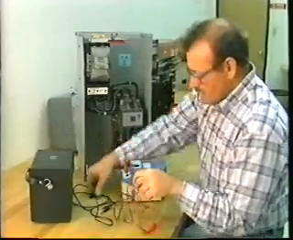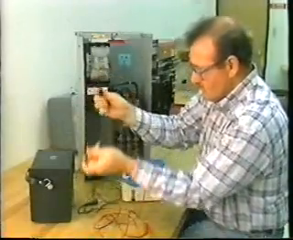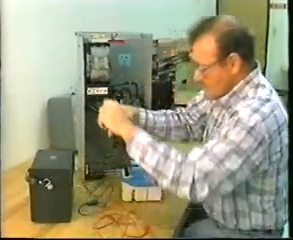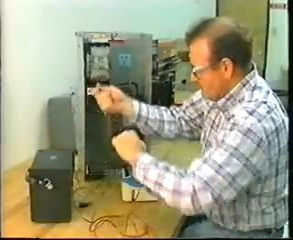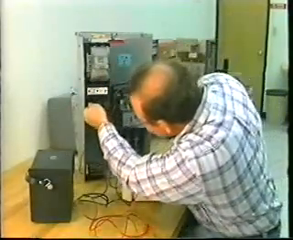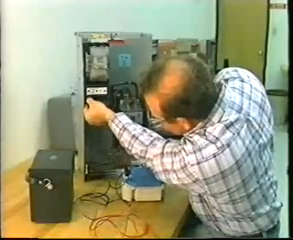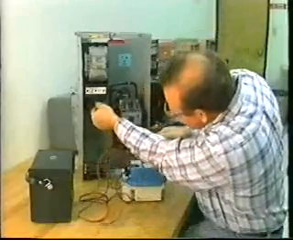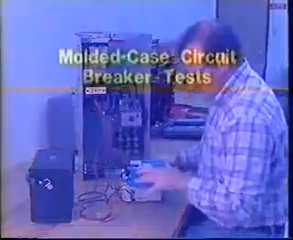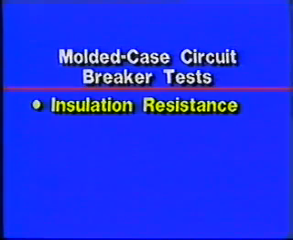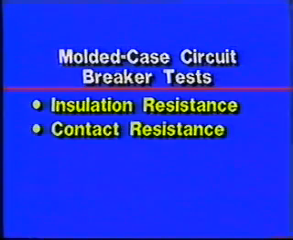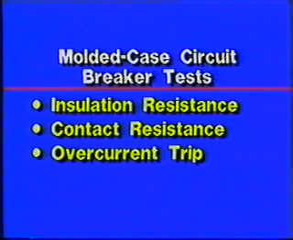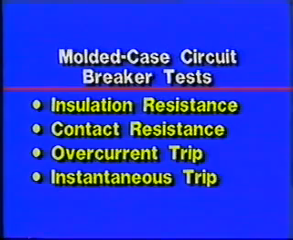Molded case circuit breakers should be tested periodically to ensure that they're operating properly. Testing should only be performed by qualified and trained personnel on circuit breakers and equipment which are de-energized, disconnected, and isolated. There are 5 types of tests performed on molded case circuit breakers. These are the insulation resistance test, the contact resistance test, the overcurrent trip test, the instantaneous trip test, and the